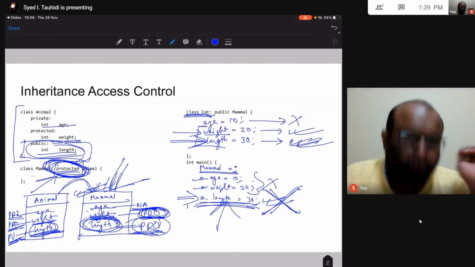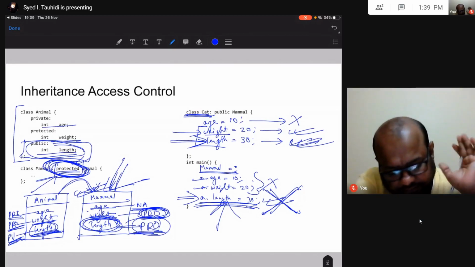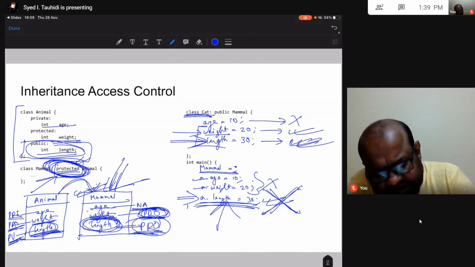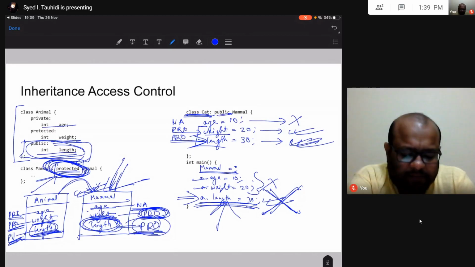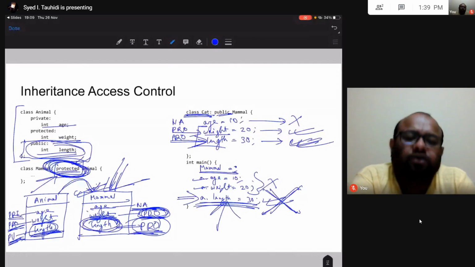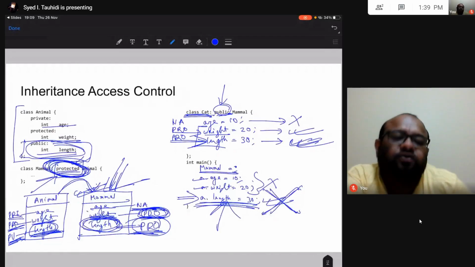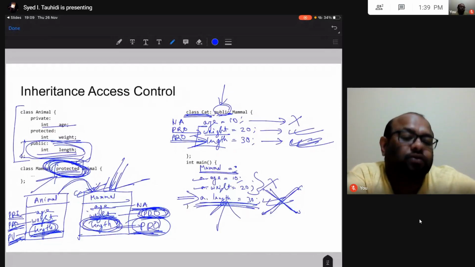Okay, I want you to do one thing. Not right now. See, this is not accessible at all, right? This is protected over here. This is protected over here because this is public. What is going to happen if I write protected over here? And I use another class, say Persian cat, that inherits from cat. What is the influence? How is this influence going to ripple down the line?